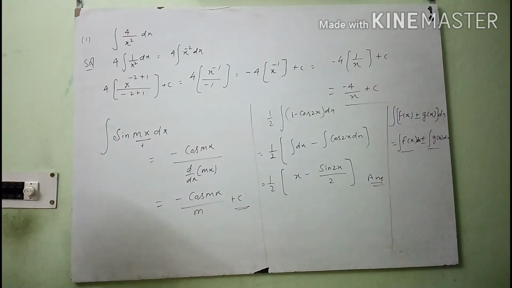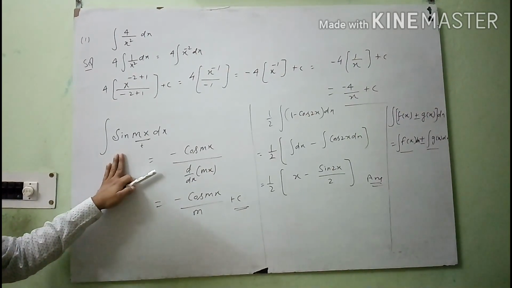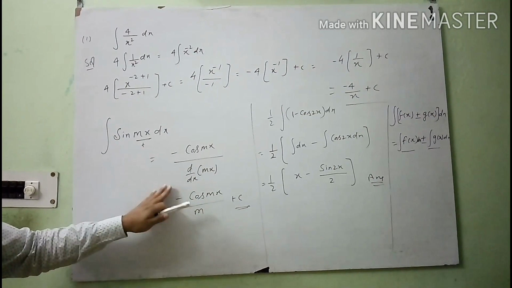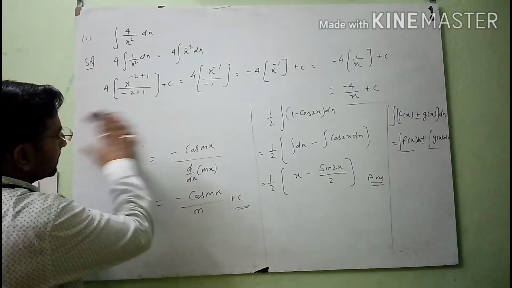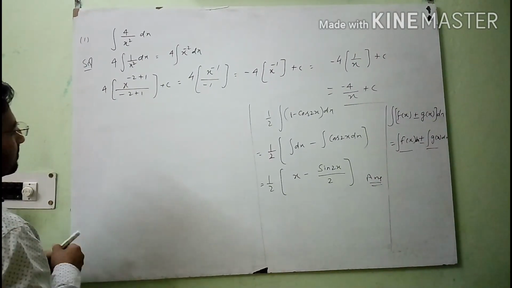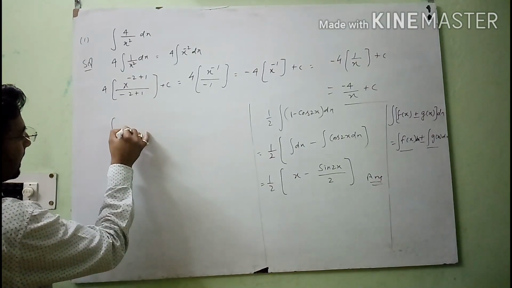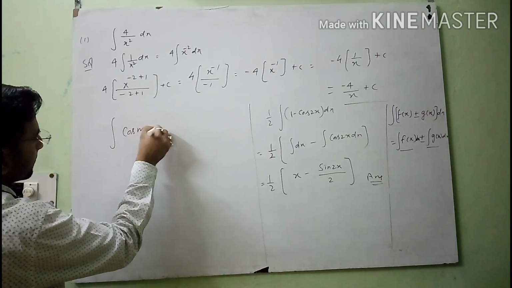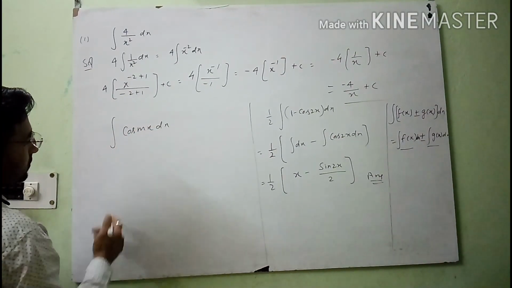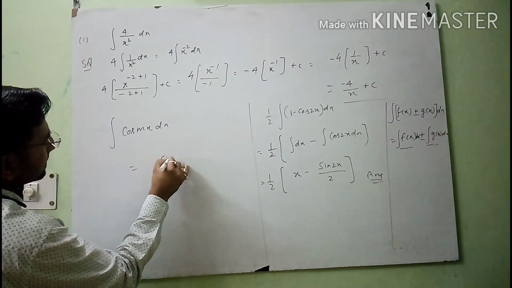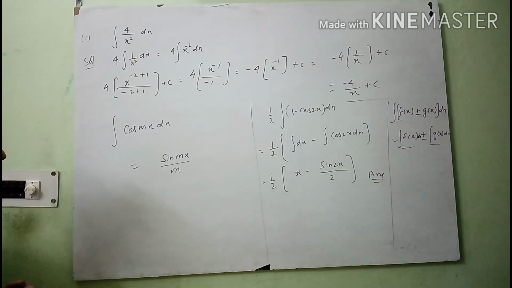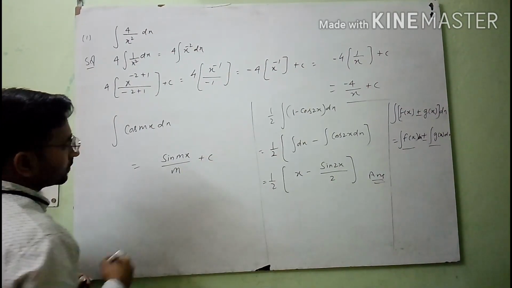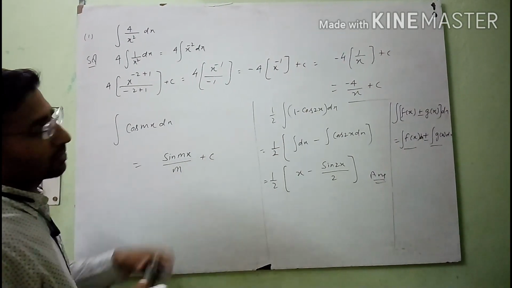That is the reason I am putting the value of sin 2x over 2 in place of the integration of cos 2x. Clear, student? There are other methods also to solve this type of problem, but I am using a simple way. If the same type of question is in front of you, like cos mx, and you want to integrate in a short way, then you can write it directly as sin mx over m without any delay. Clear, student? So you write this according to this problem.